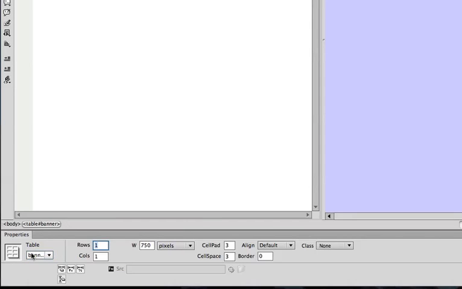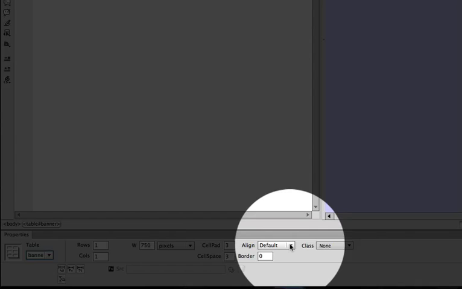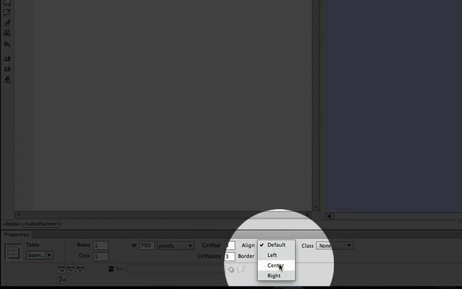So we're going to call our table the banner table. Notice all lowercase banner. Here are the properties for our banner table, and everything looks good, except the only thing I want to change is I want to go to the Align pop-up menu here in the inspector, and I'm going to click on that, and I'm going to center